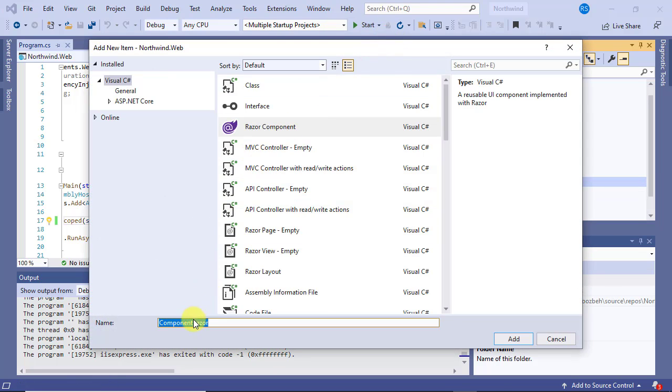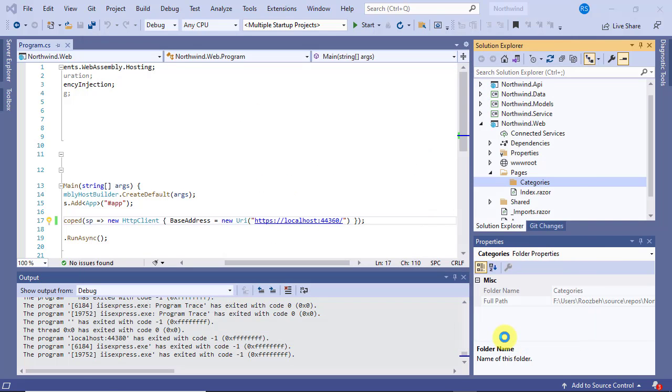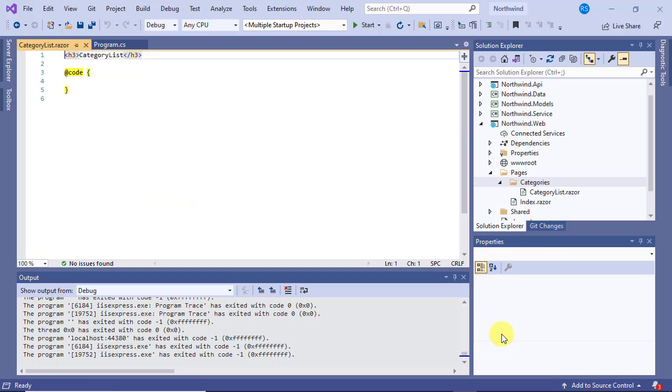In the Add New Item dialog box, enter CategoryList as the component name with a capital C. Now edit the newly added component this way. Enter @page "/categories" at the top of it. The page directive specifies the route for the page, so a URL such as